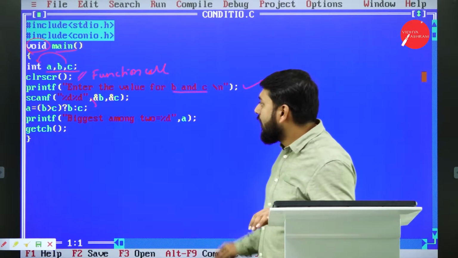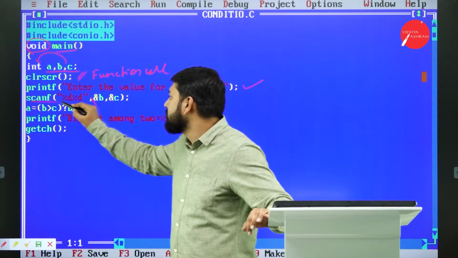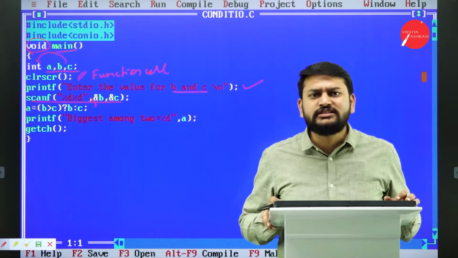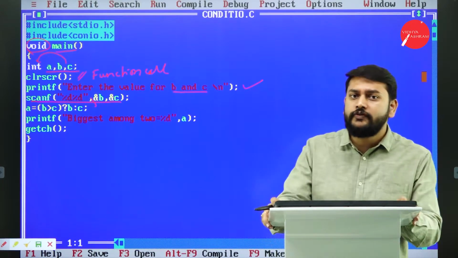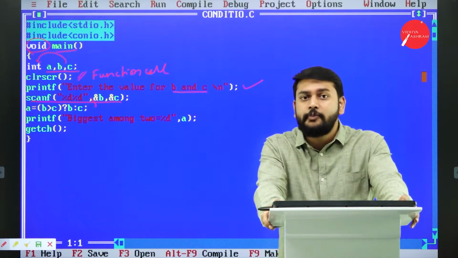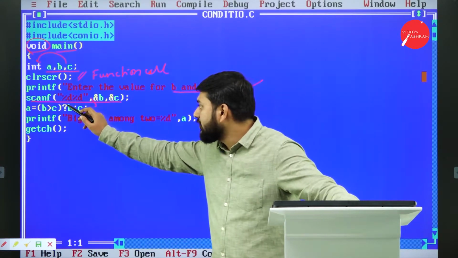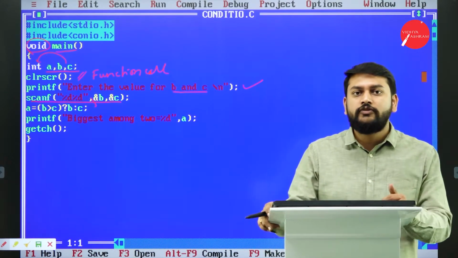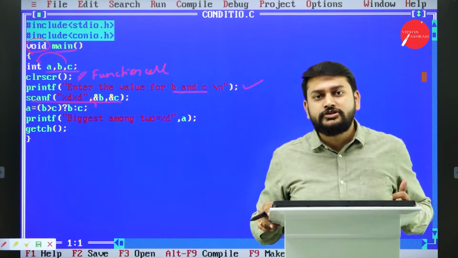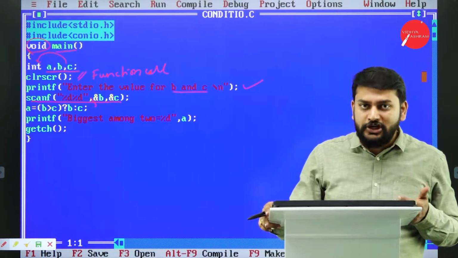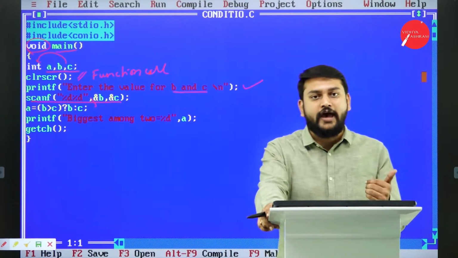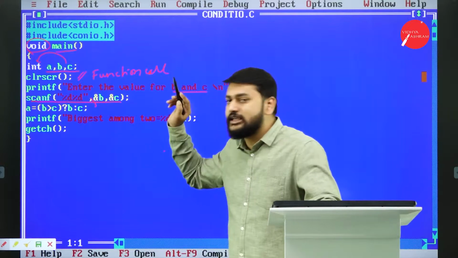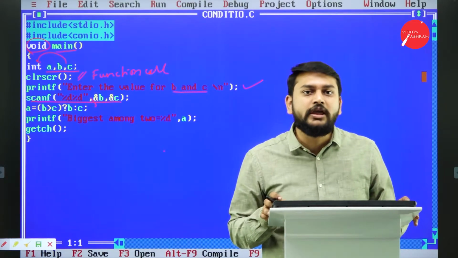How? I have given the scanf statement here. Please observe here. In this scanf statement, I have given %d and %d. So how many values will I be reading? I will be reading two values. %d and %d will help me to read two integer values, in fact. All right. So fine. These values will be stored in B and C.